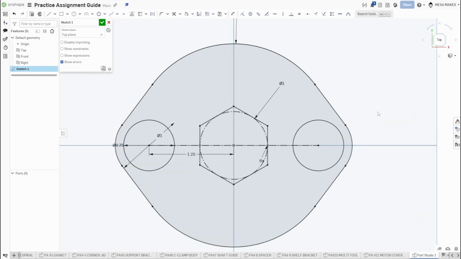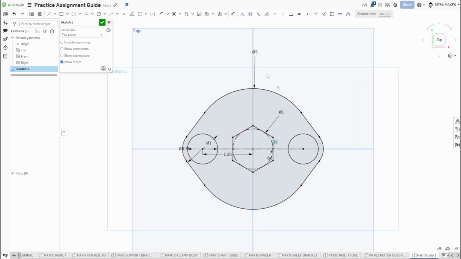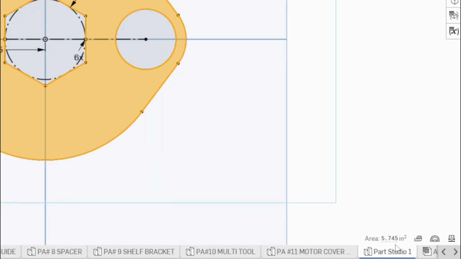Okay, so obviously not the same shape, same geometry, same constraints, but we've changed those dimensions. And so you can see just how quickly you start getting different shapes on things. But basically I would click here and follow me down to the bottom, and that is going to give me my area. It says 5.75,